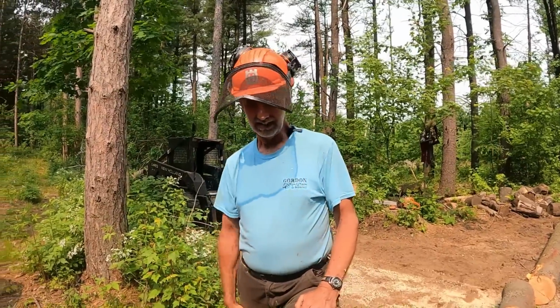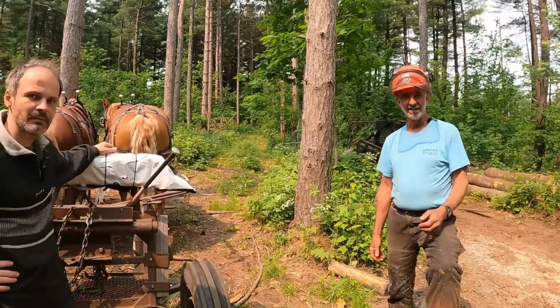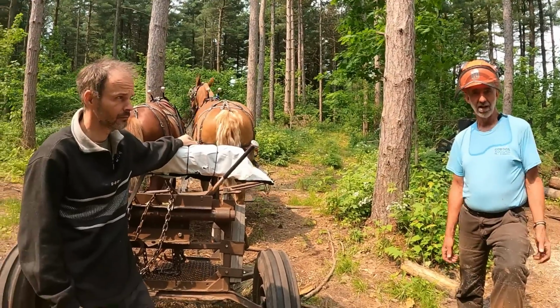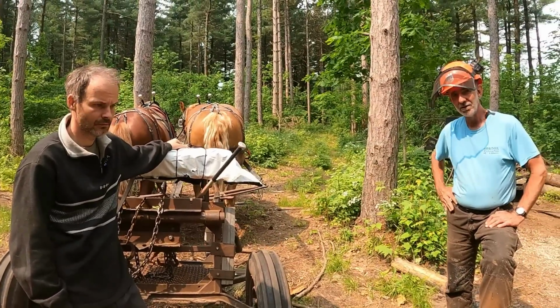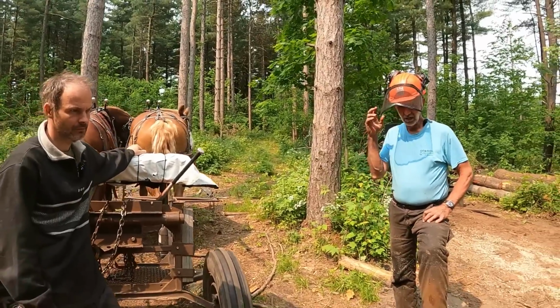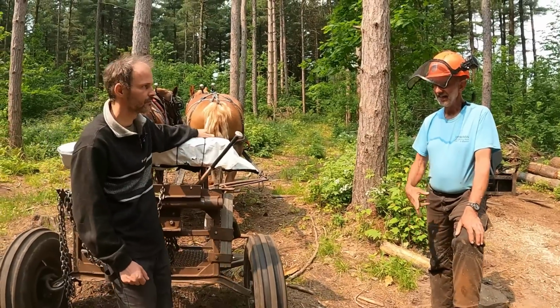This morning I came down to the woods alone, and we've got a nice day today, and then we get some rain coming in, but it sounds like for the rest of the week. So I want to get a few loads of logs ready to go, and probably this afternoon I'll haul logs home with me. Chris actually went up to the harness shop this morning to talk to Eli,